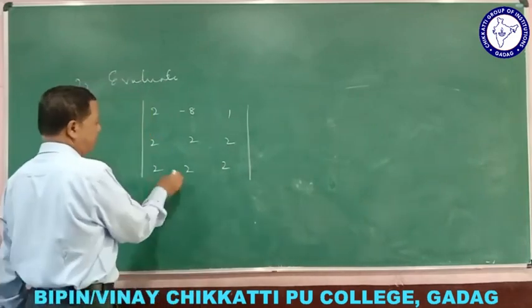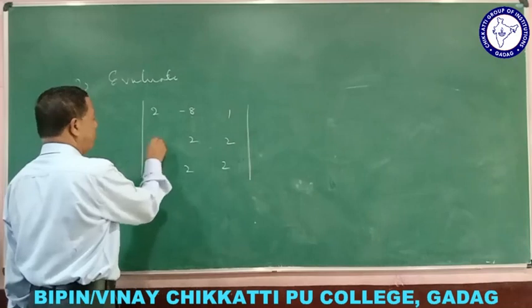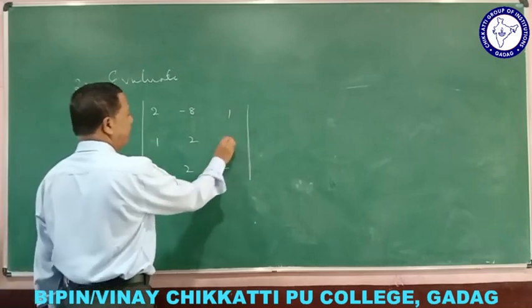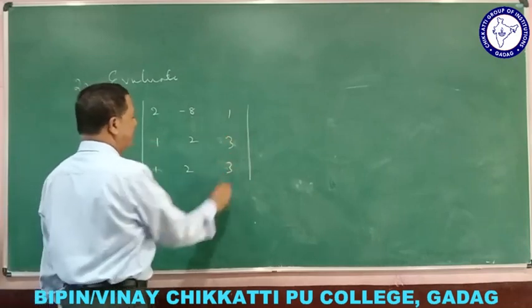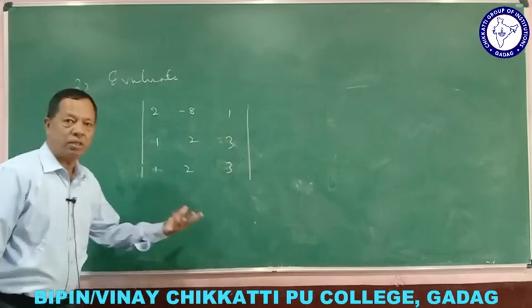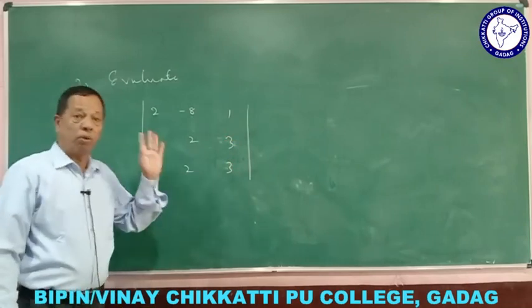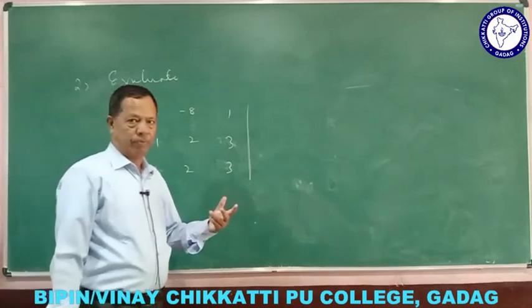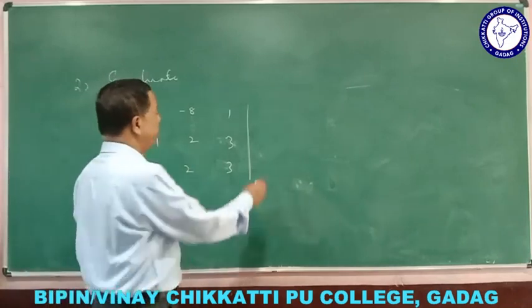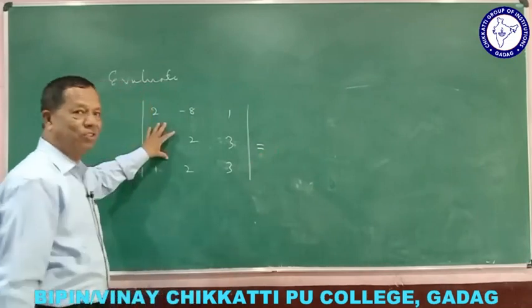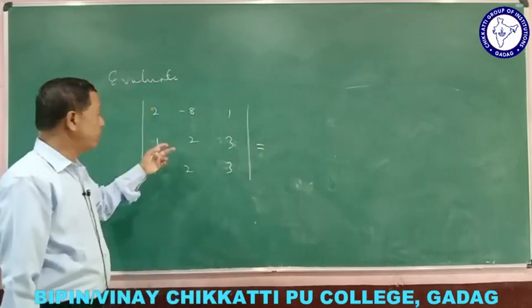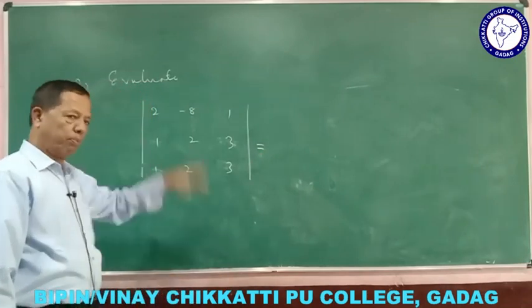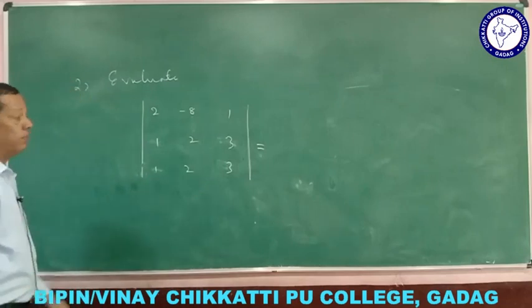Or you can see anything else, 1, 2, here you see 1, 2, 3, 1, 2, 3. Here also, 2, 2, 2, then only 0. No, not like that. Identical with identical means what? Similar. Now, what is the value of this determinant? It is 0, since two rows are identical, the second and third row. That will come under properties of determinants.